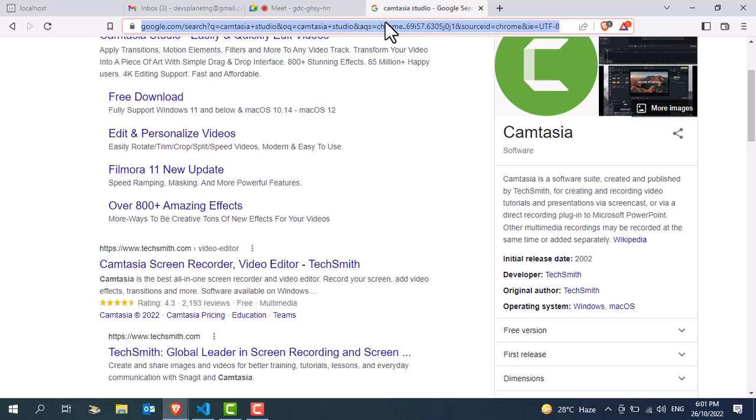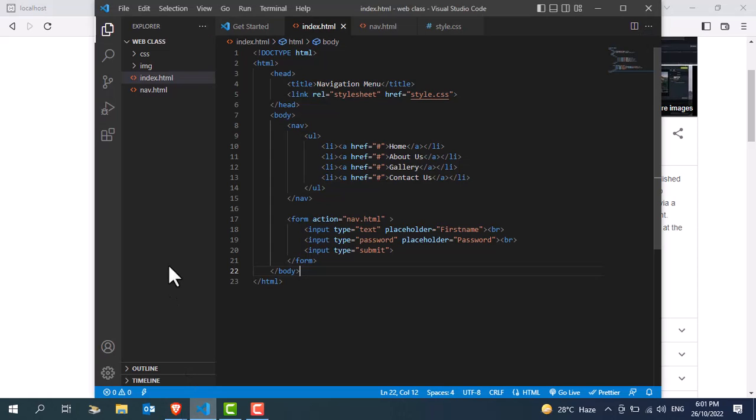So now for today, we are going to, like I said the other time, our training will be systematic now, so that as we are progressing, we are building, we are working on a project. So we just start with a navigation bar today. Now, to do our navigation bar, a quick explanation is that,